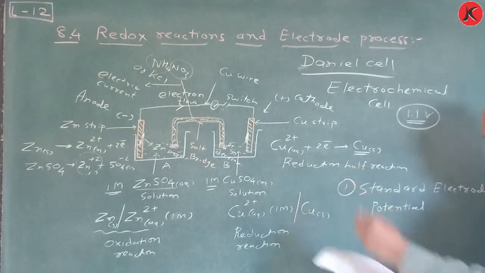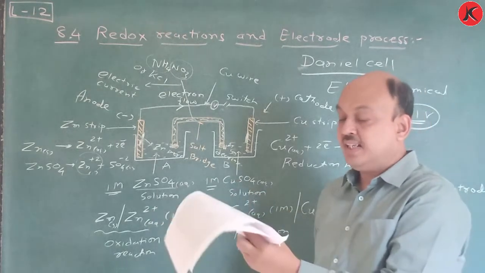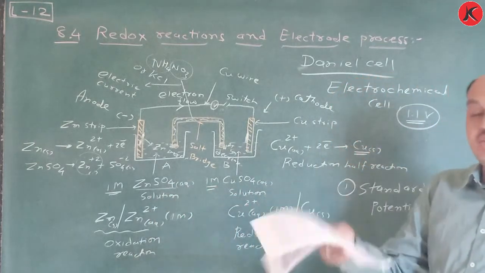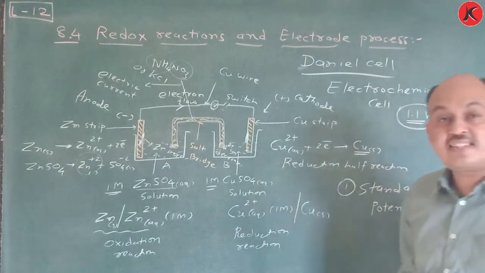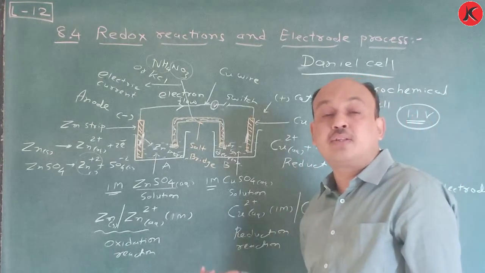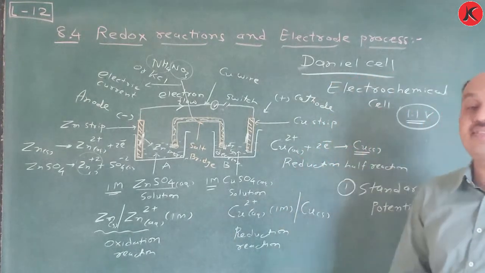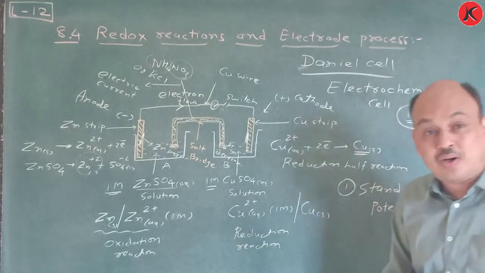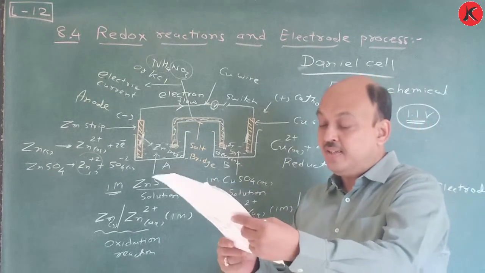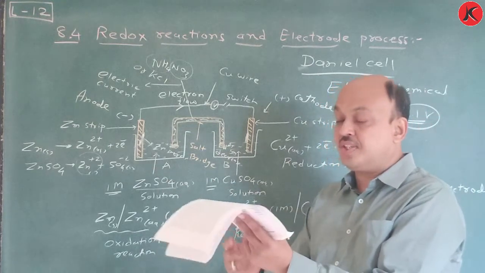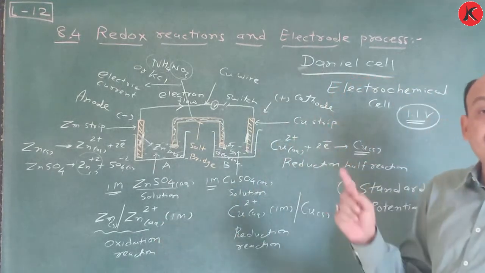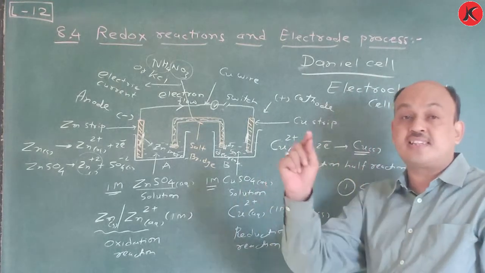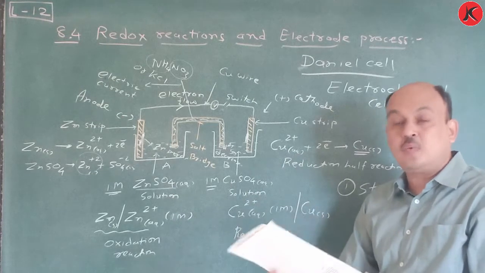This definition we write down from the textbook. By convention, the standard electrode potential of hydrogen is considered as the standard hydrogen electrode. You have to learn later on in standard 12 how we can say that it works as anode or cathode. We are not discussing this point, but here it is written. So just understand that the standard hydrogen electrode is considered as 0.0 volt.